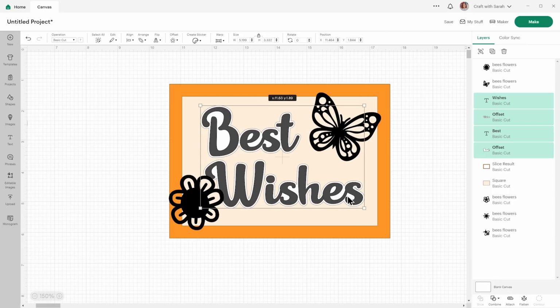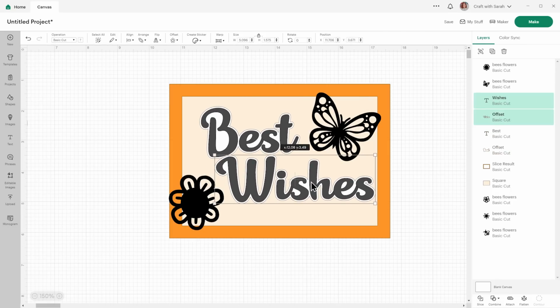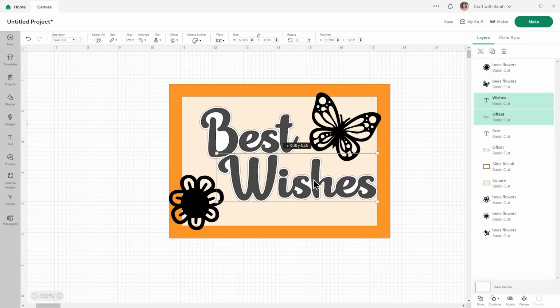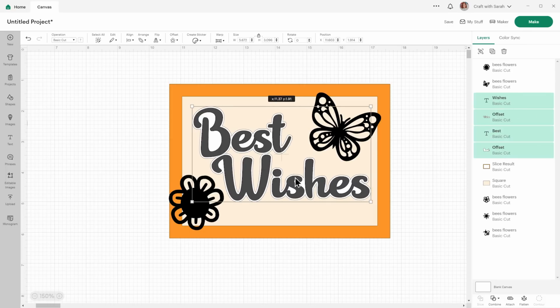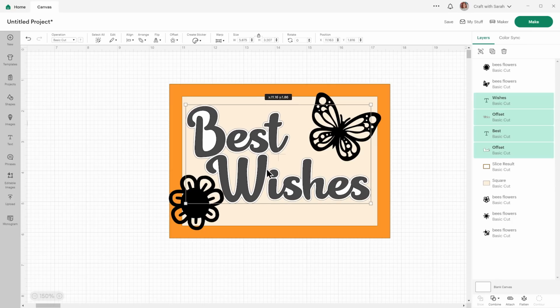I'm going to make that a little smaller so that I've got the room to add the pictures around the edge. And I'll just make those ones so that they're touching. Now it could probably be a bit bigger because of how I've moved it about. Okay, that's great. I'm happy with that.